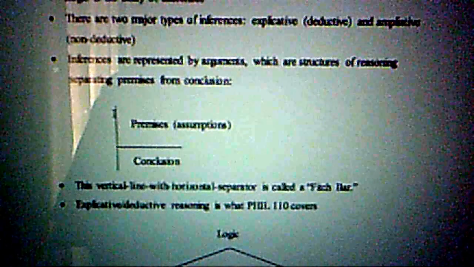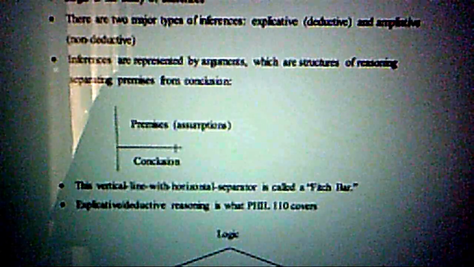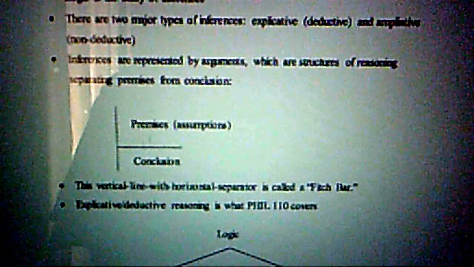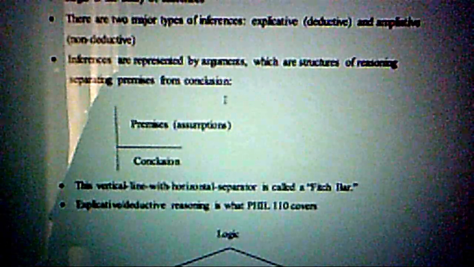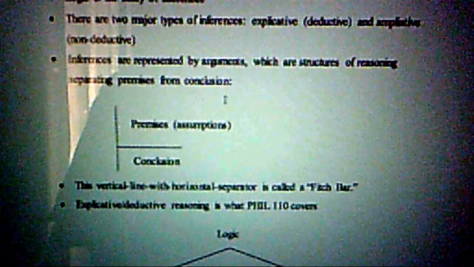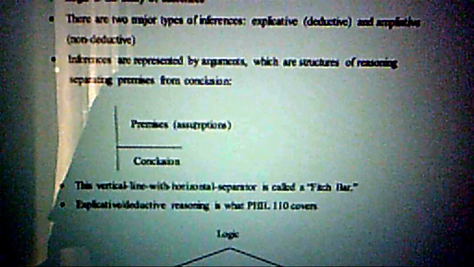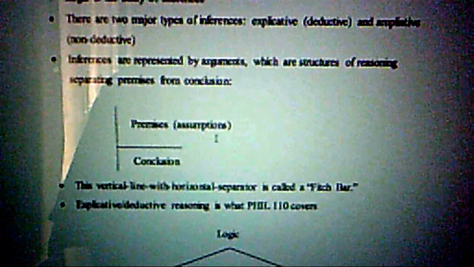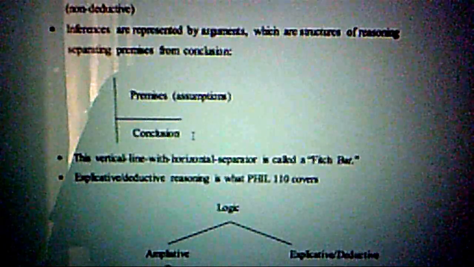This right here, this line down with that going across, that's the symbolic notation for an argument. And an argument contains premises and a conclusion. Okay? What we mean by argument in logic is not people yelling at one another or in disagreement. Rather, argument is a rational structure by which claims are made. It involves assumptions or premises, which is starting information, and a conclusion, which is inferences that are drawn out of those assumptions. Okay? Keep that in mind because we'll come back to that over and over in the course, and I'll give you some examples in this lecture as well.